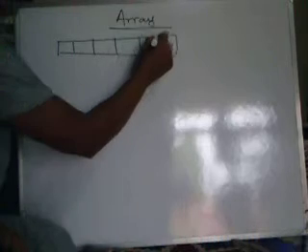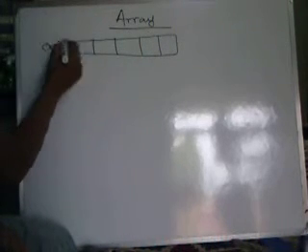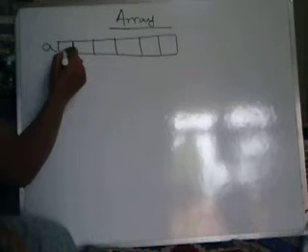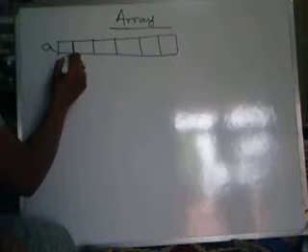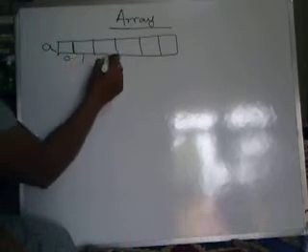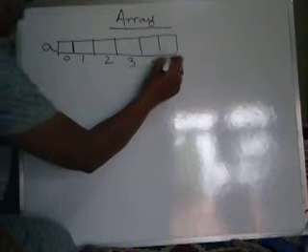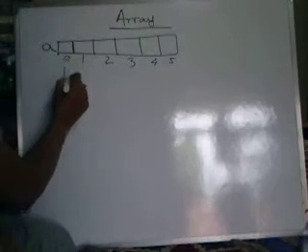An array is a collection of elements of the same data type, identified by the same name and stored in consecutive memory locations. Each and every box will be identified by the values 0, 1, 2, 3, 4, 5, like this. Total length of this array is 6.